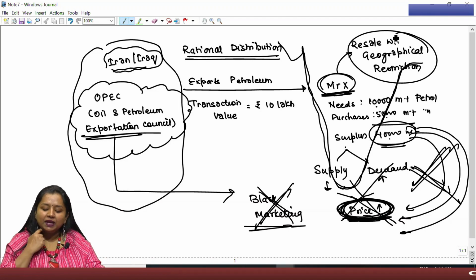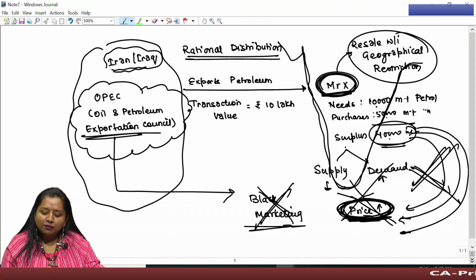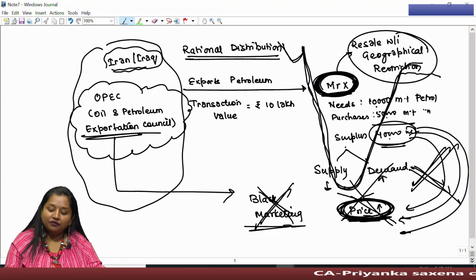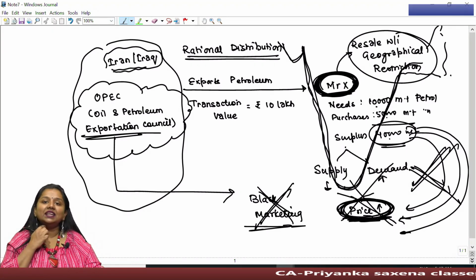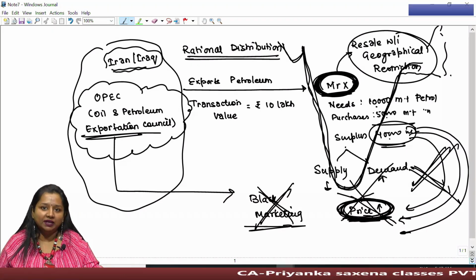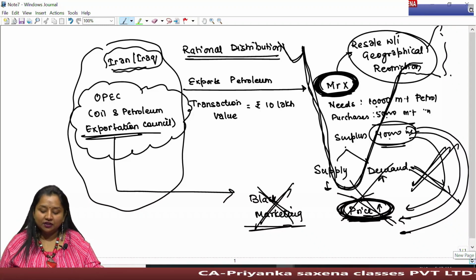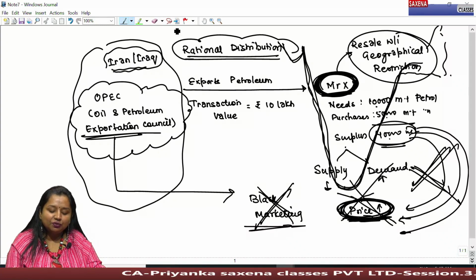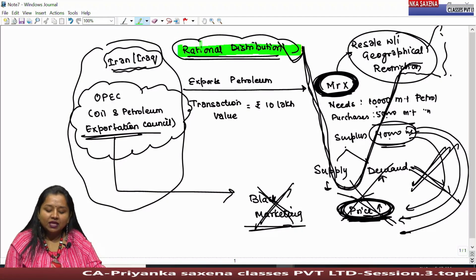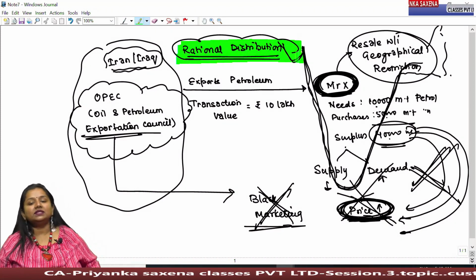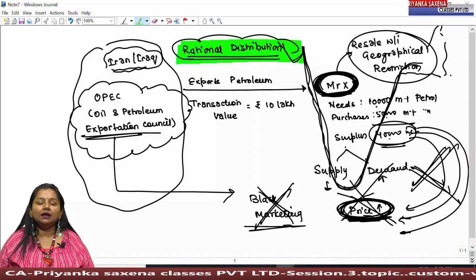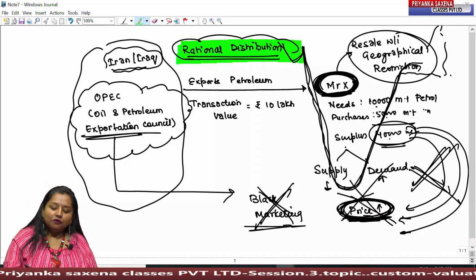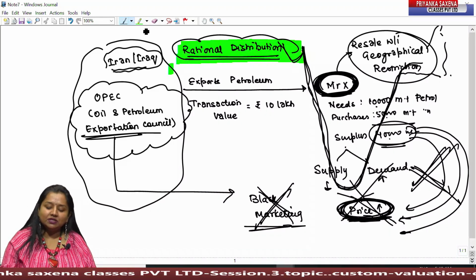Geographical restriction means the buyer or the importer who purchases the imported goods shall be liable to resell or resupply such goods within their geographical territory, and they cannot sell them to any other place outside their geographical territories. This concept has been introduced only for the rational distribution of such scarce resources. They don't want the scarce resource, petroleum, to be black marketed in the market. Therefore, for rational distribution, they have imposed this restriction.